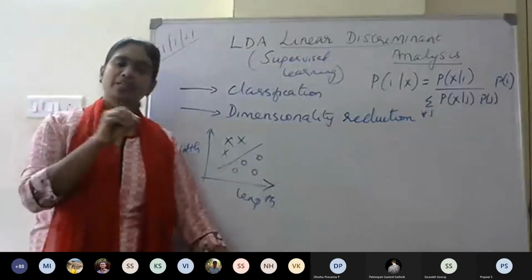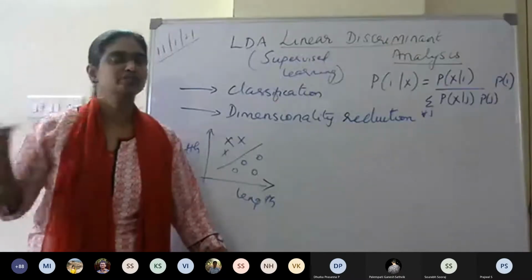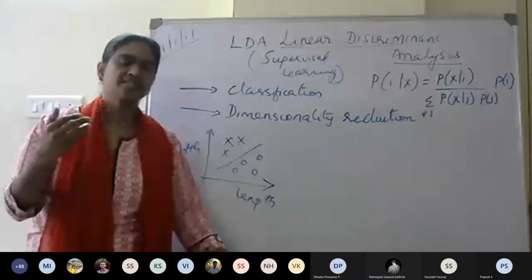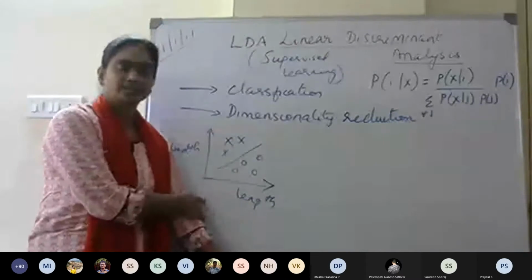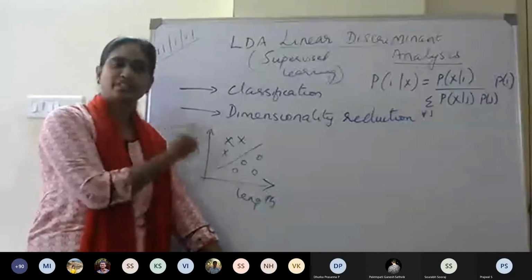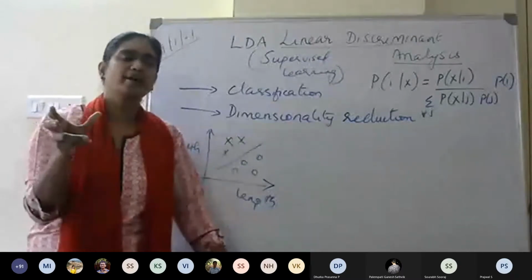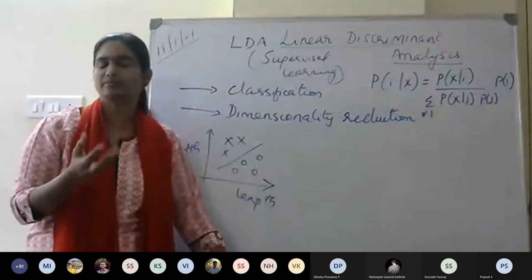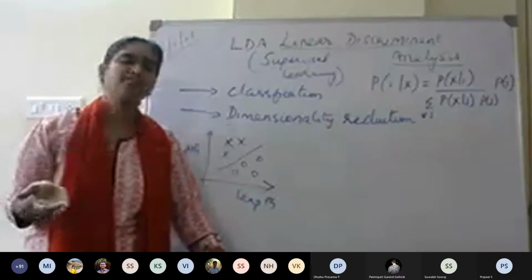So depending on the category we are going to classify, we can choose the features accordingly so that we are able to distinguish among them easily. There are reasons. Suppose I cannot distinguish only based on the length, then I need to go for one more feature, width. For example, in the case of apples and oranges, the size will be the same, so I cannot use size as a feature. I have to go for color or texture. So size is immaterial for me.